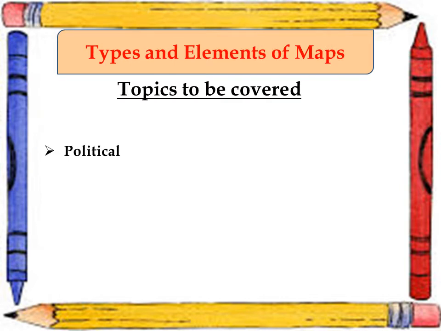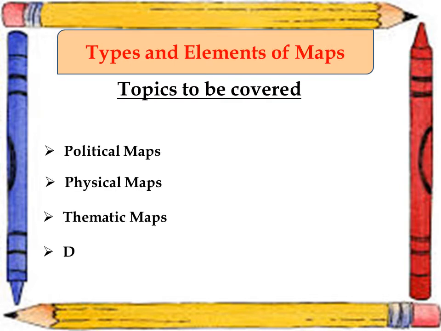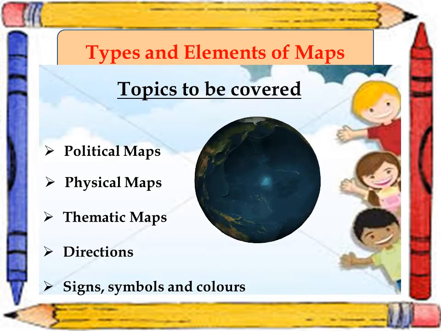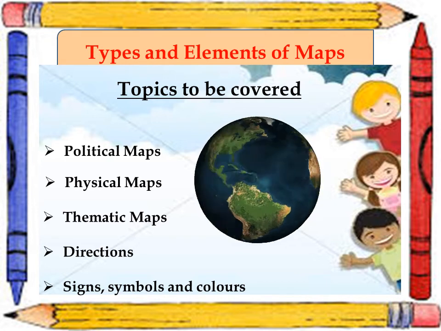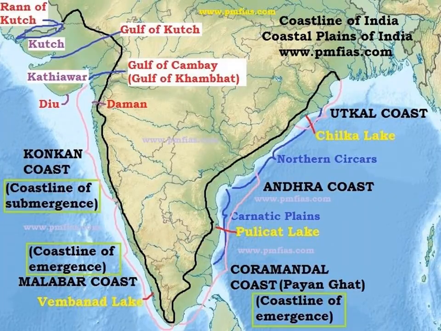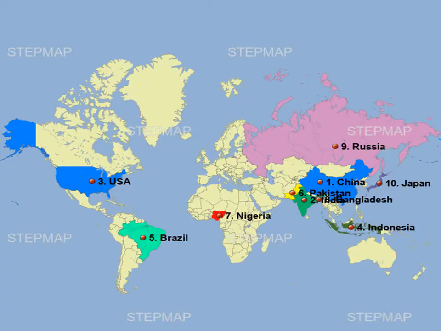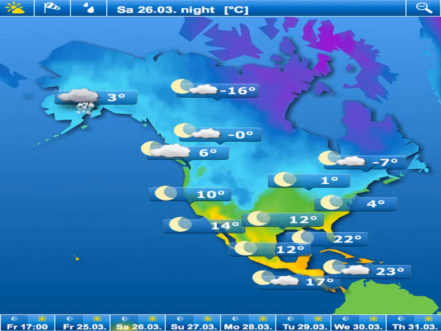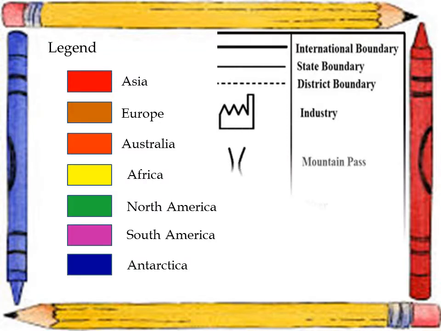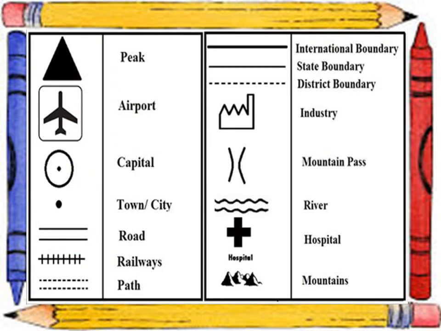In today's module, we will study about different types of maps. A map is a two-dimensional representation, usually on a flat surface, of an entire area or a part of an area on the earth. Maps enable us to show the physical features such as mountains, plains, coastal regions, roads, population, climates, natural resources, and many more details about a geographical region. It uses colors, symbols, and labels to represent features found on the ground.